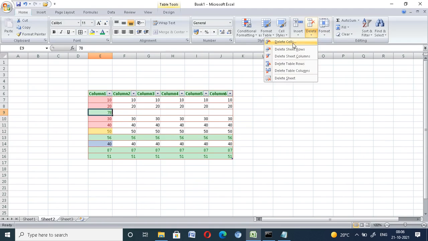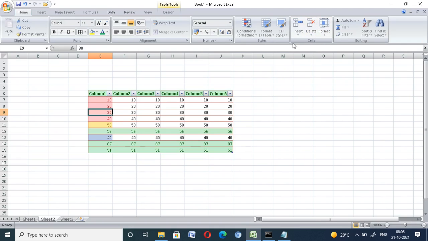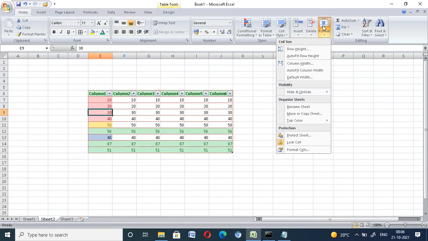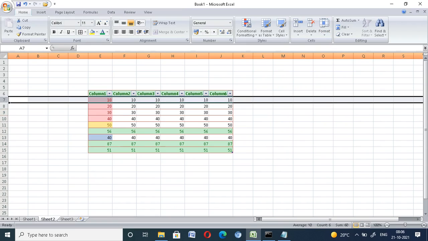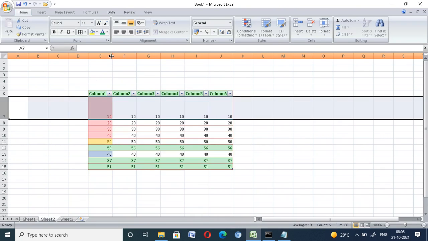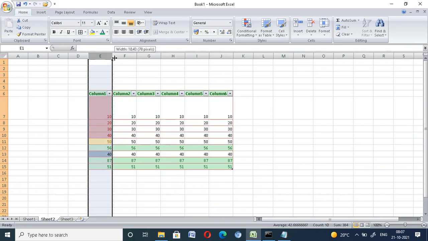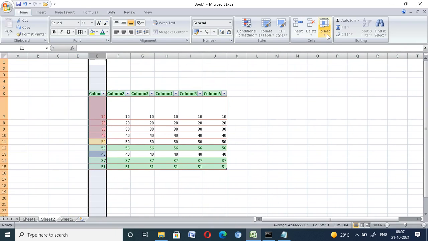Now if you want to change the format, row height, you can do it in this way also. Select row 7 and click by mouse, and choose format cell, row height, 7.